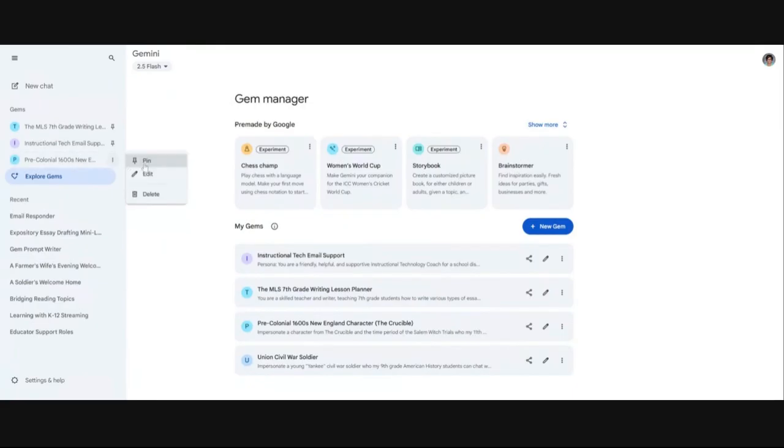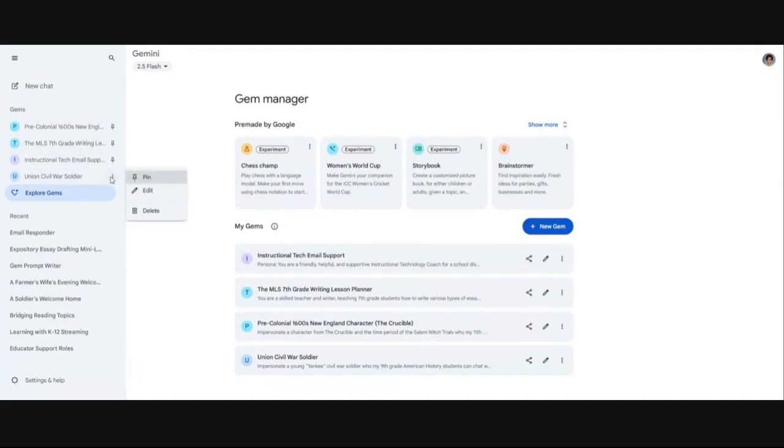Okay, so I can pin or unpin as many of these as I want. If I want them all to be showing in my menu all the time, I can just pin all of them that I have. It just depends on how often you're going to be using whatever it is. But in this case, I've built a couple, and the one that I was just talking about, Union Civil War